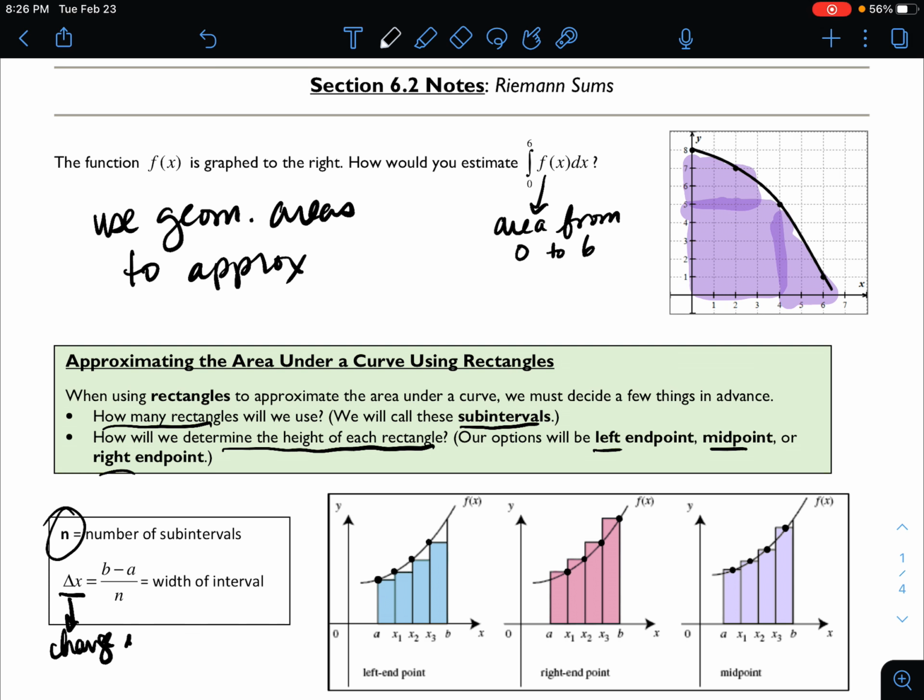We've seen that notation before. And so the way we find that is b minus a over n. The a and the b are your left and right endpoints. That will give us the width of our interval. So if we take a look at the graphs